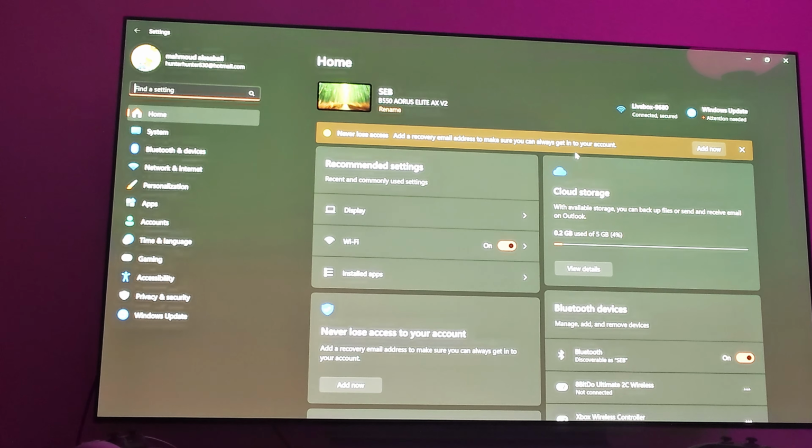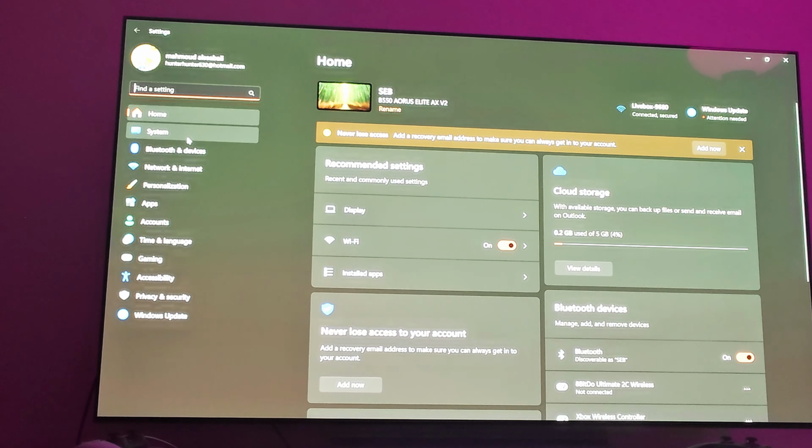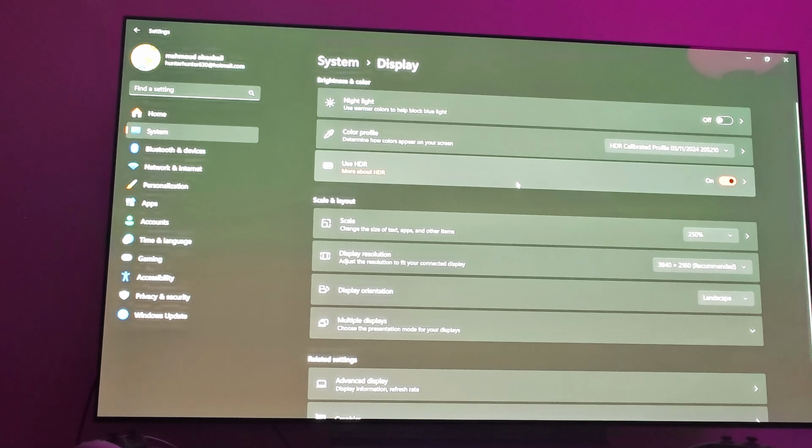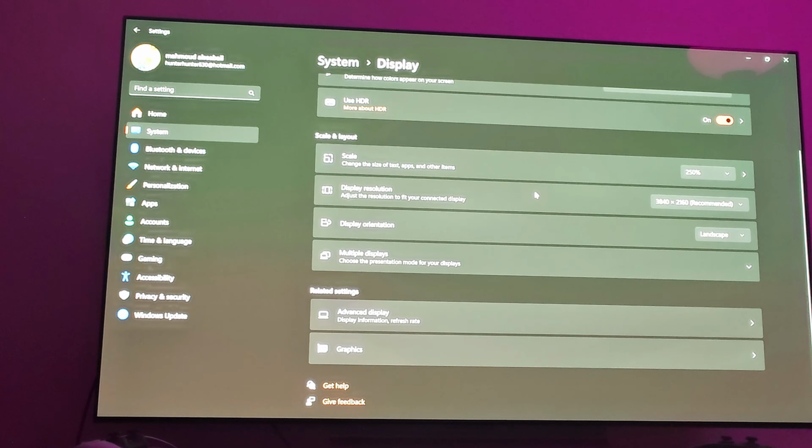Today I will be showing you how to optimize your PC for gaming using the Windows 11 optimization guide plus Nvidia Control Panel optimization settings. So first we'll start with the Windows 11 optimization settings. What you need to do is first go to Settings in Windows, then go to System, go to Display, then scroll down to Graphics,